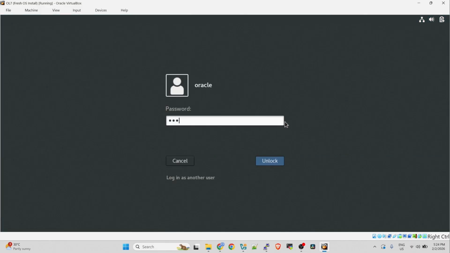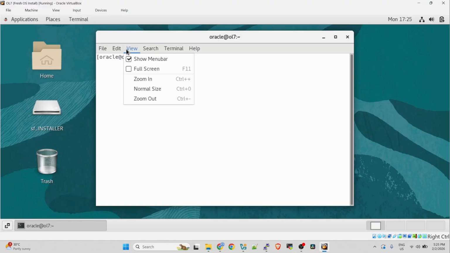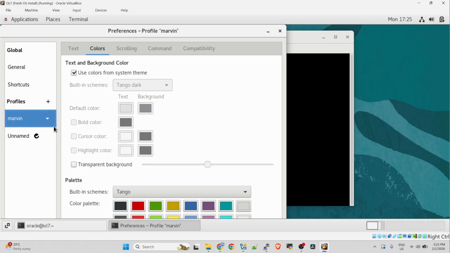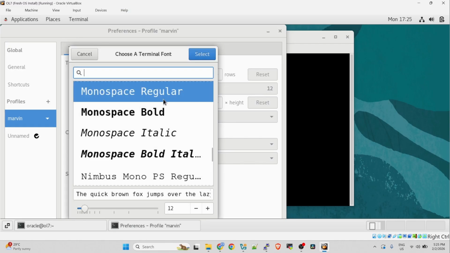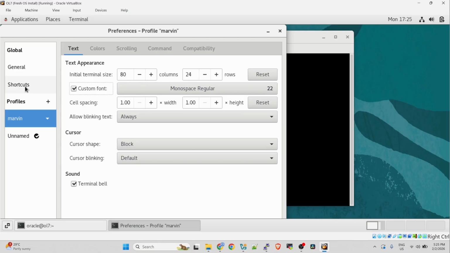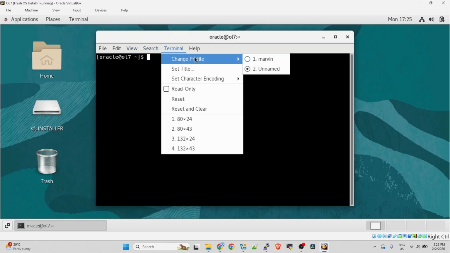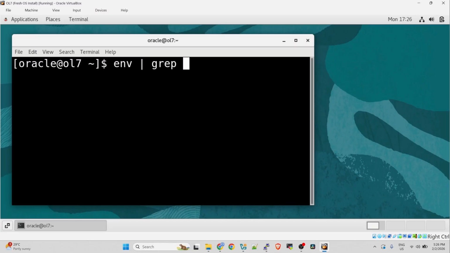You can do this in your system tools, then terminal, preferences, Python block, and then for the text, custom font 22, select, close, change profile to Marvin. Is it updated here? Not yet.